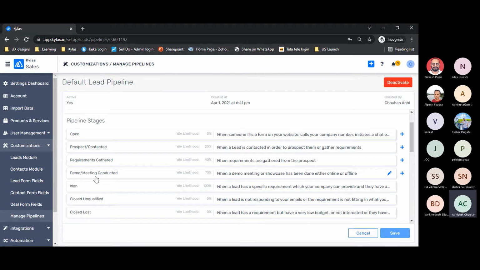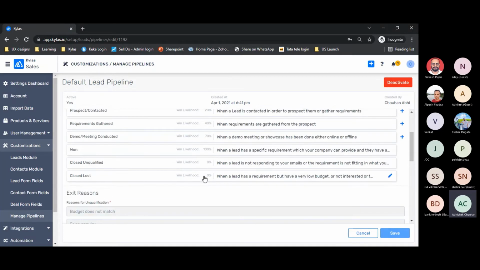Like in this case, let's say if any lead has reached the demo stage, then as per my own calculation, there is a 70% chance that this lead will be closed. So this gives you visibility into how many leads are in this particular stage. That means you can be assured that okay, there are 70% chances of getting this lead closed, right? So this is what this win likelihood is all about.